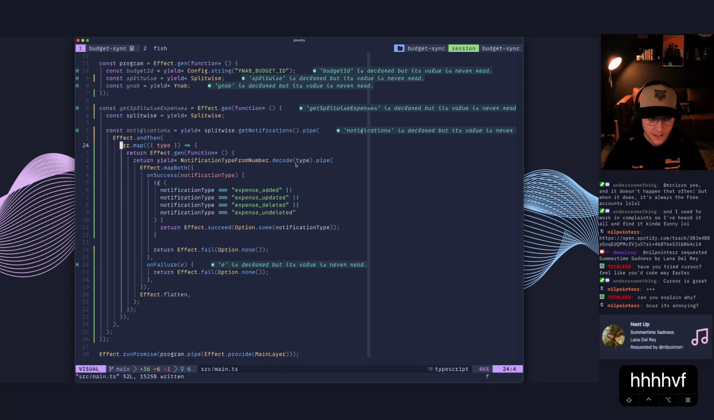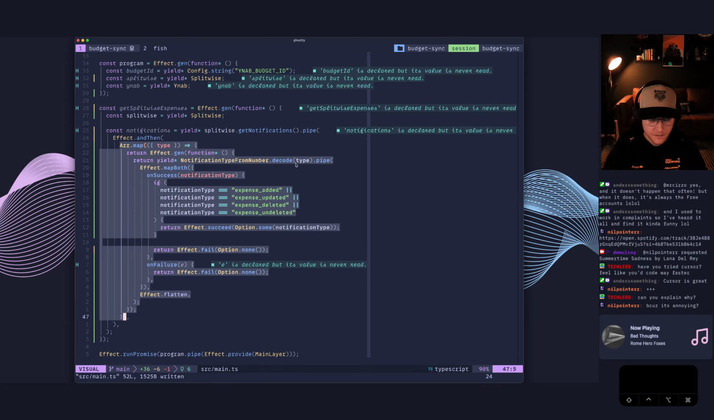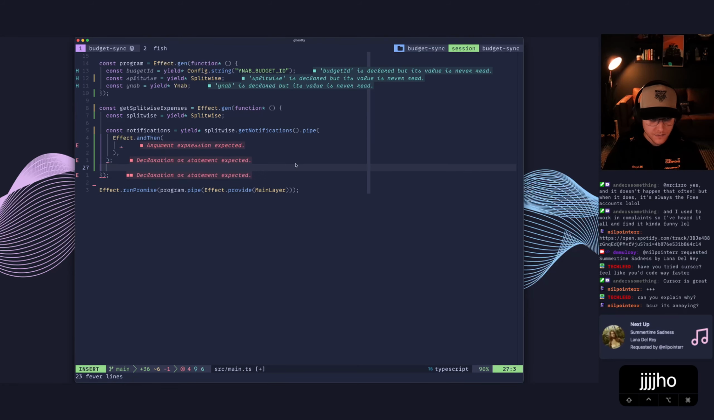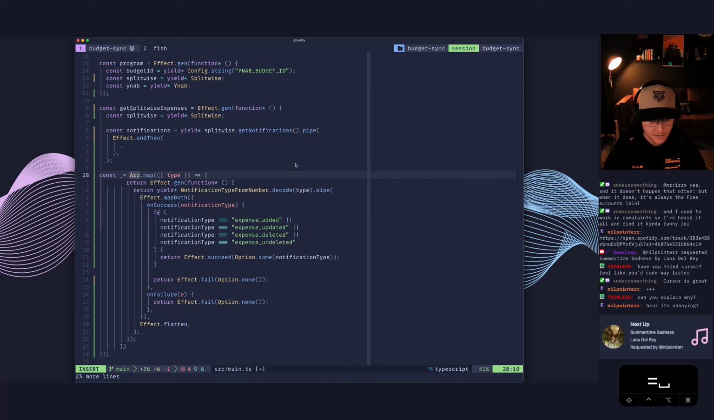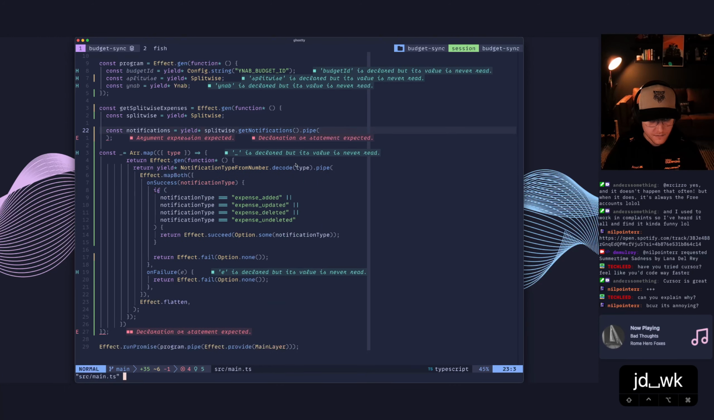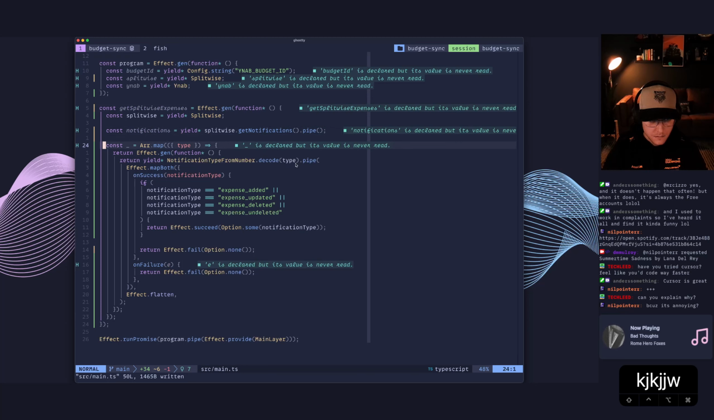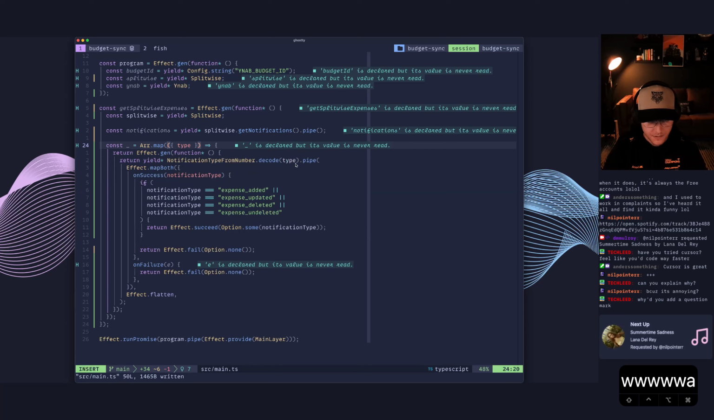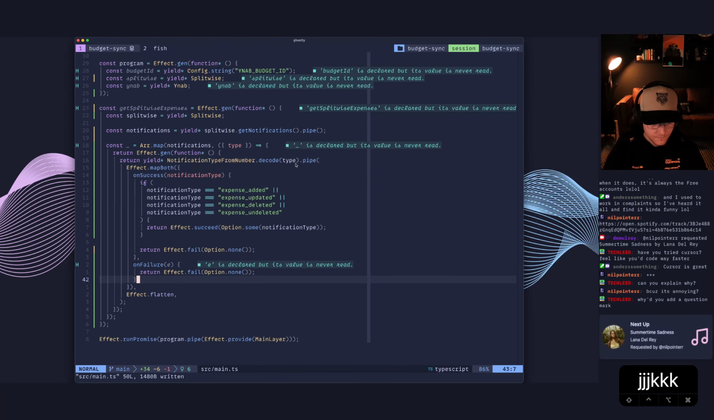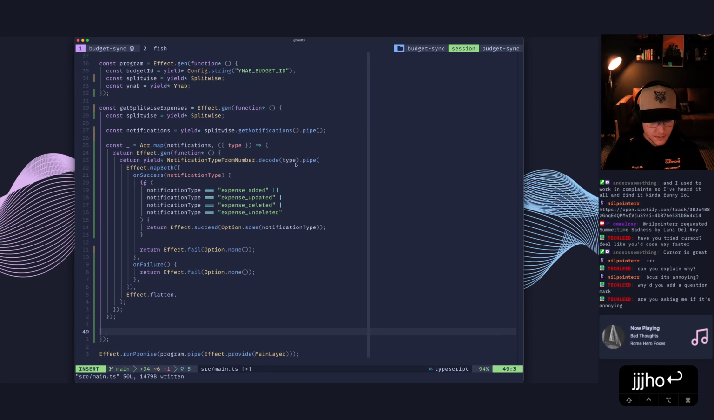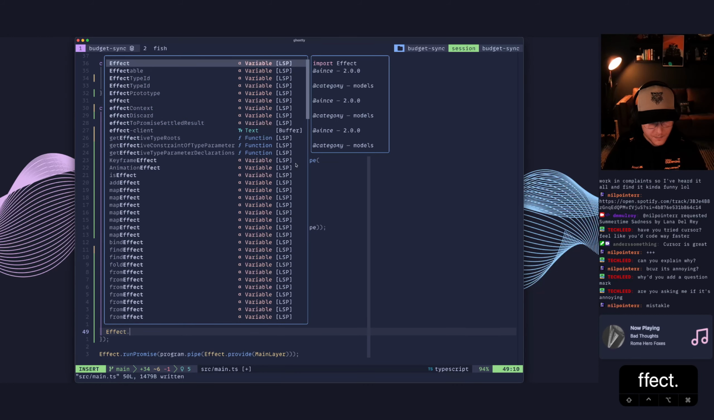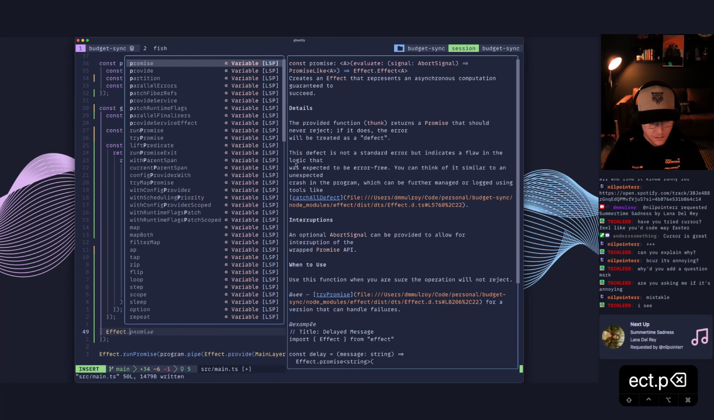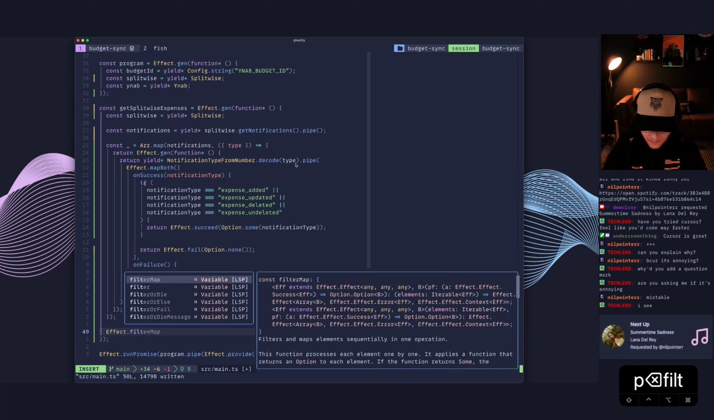So let's take this again. We're going to take that out, and that goes there. Let's just paste this as const underscore and get rid of this for now. And this is going to be now an effect, yeah. Throw in notifications. And I think what we want is partition or Effect.filterMap. And this is going to